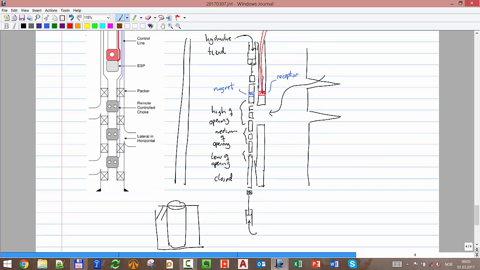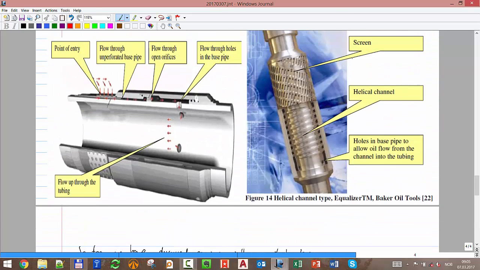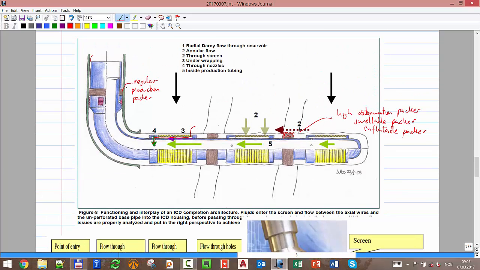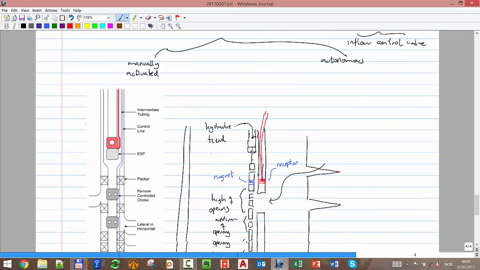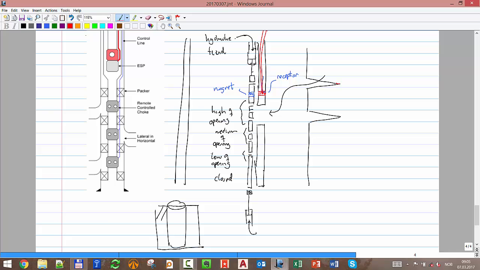Okay, we have one. I will see if we can go maybe next week to see it. We have one tool that you can watch. It's real size. Okay, it's almost as long as this room, and it has all parts. It has that part, and it has this part with the packer and everything. So you can see how it looks, but I'm telling you how it works. Okay, what it has